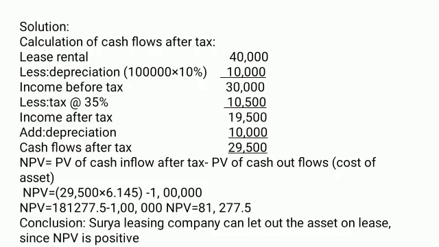Later on, we have to calculate the net present value. For this, the formula is present value of cash inflows after tax minus present value of cash outflows. I have taken the cash inflow 29,500 to be multiplied with the annuity rate, that is 6.145. For this, I got an amount of 1,81,277.5. This will be subtracted from 1 lakh, that is the cash outflow. Finally, I will get a net present value of